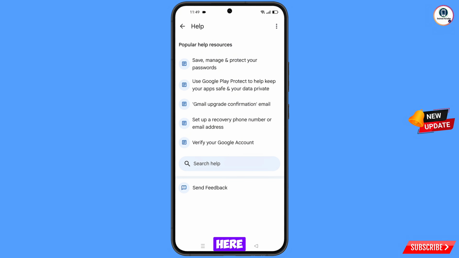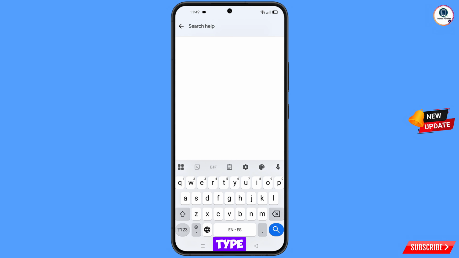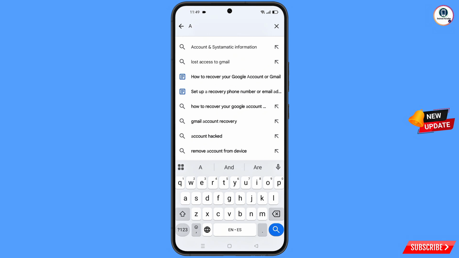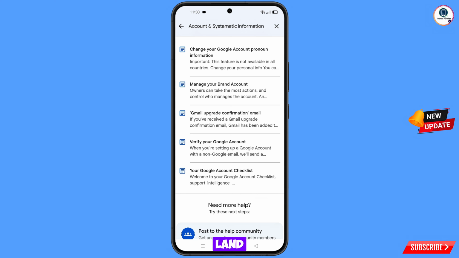and then you will land here. Here in the bottom you will see search help. Tap on it, and here you have to type, and then here this option will appear. Tap on this option, and then you will land here, and here you will see a bunch of options. Here you will see the third option, confirmation email. Tap on this option,